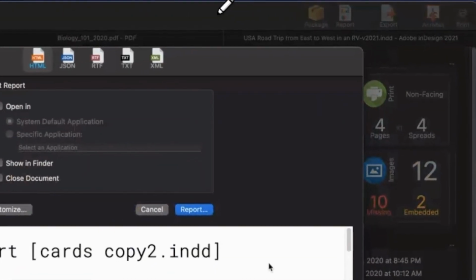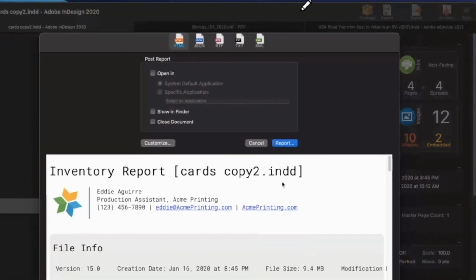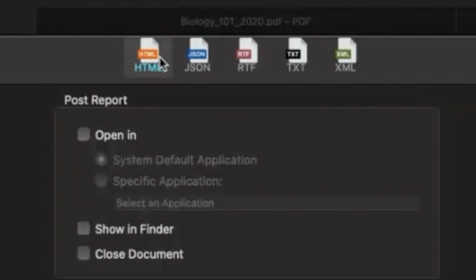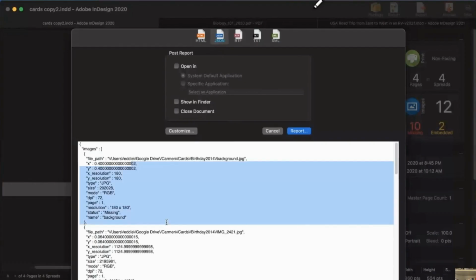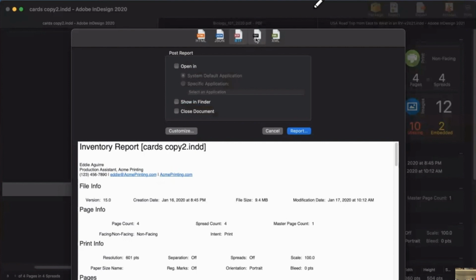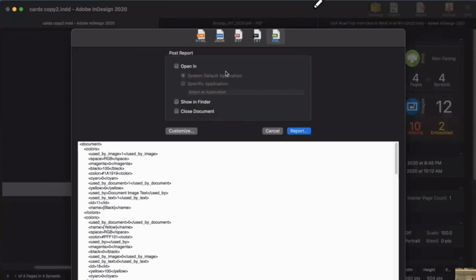We want to look at the reports. It's a lot of that same information that's in the inventory view over here, but we have different formats. You can output an HTML, RTF, plain text, and XML. So the XML and JSON is really, if the user wanted to put this into some